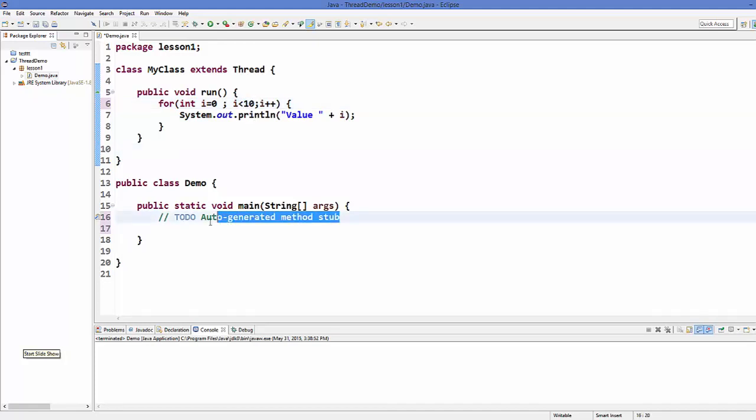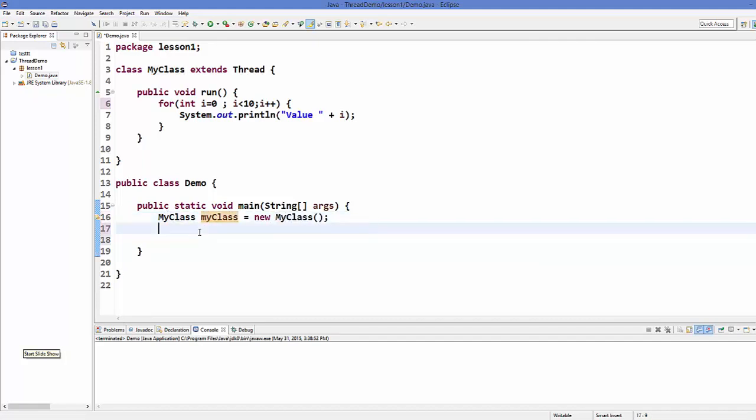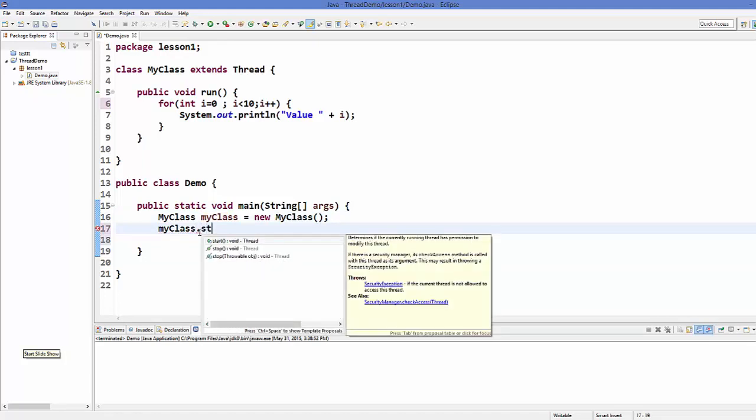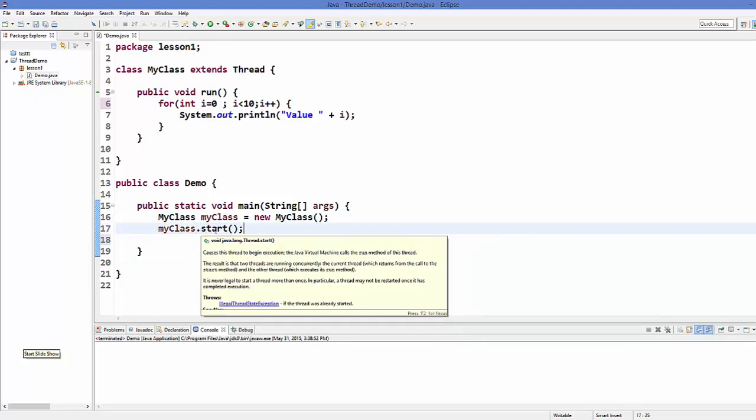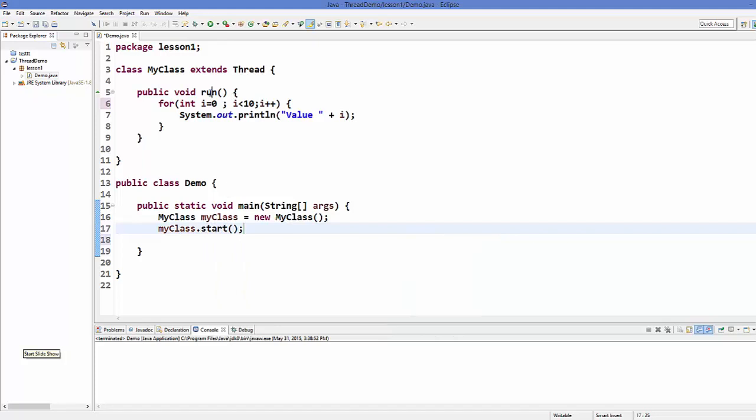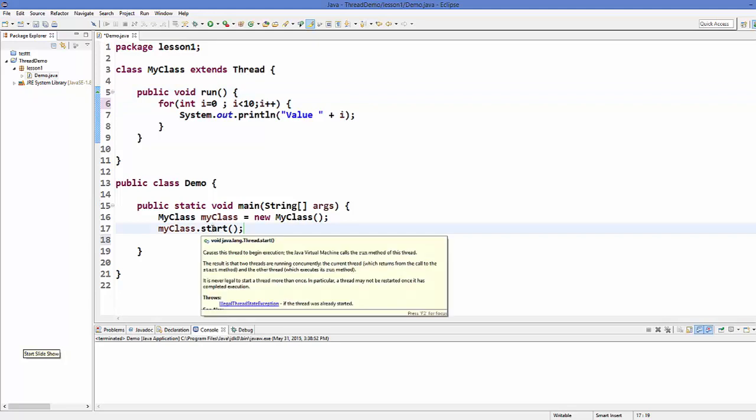So let's go to our main method in our Demo class, and we can create an instance of MyClass and call it myClass is equal to new MyClass, and you can use this myClass object and call a method called start on it. So remember, you don't need to call the run method from your myClass, but you need to call the start method.